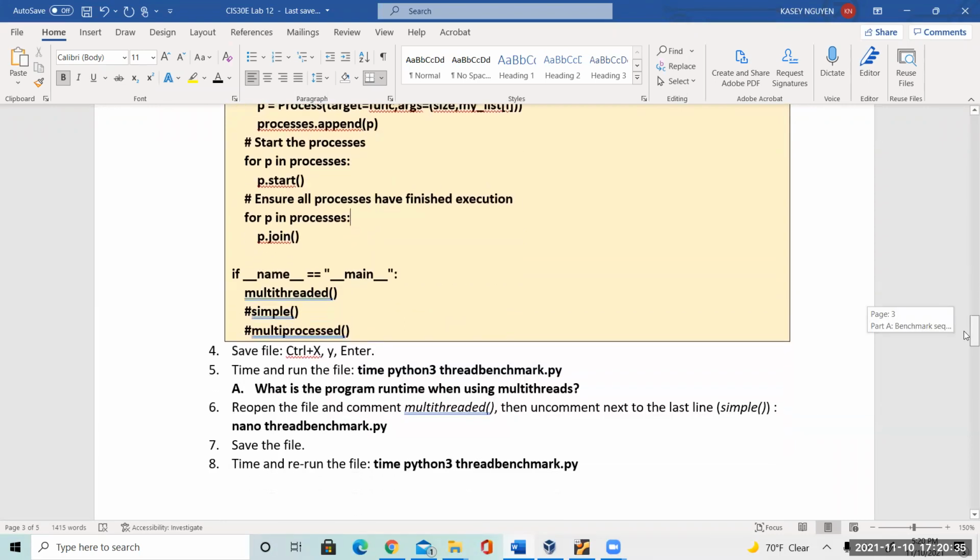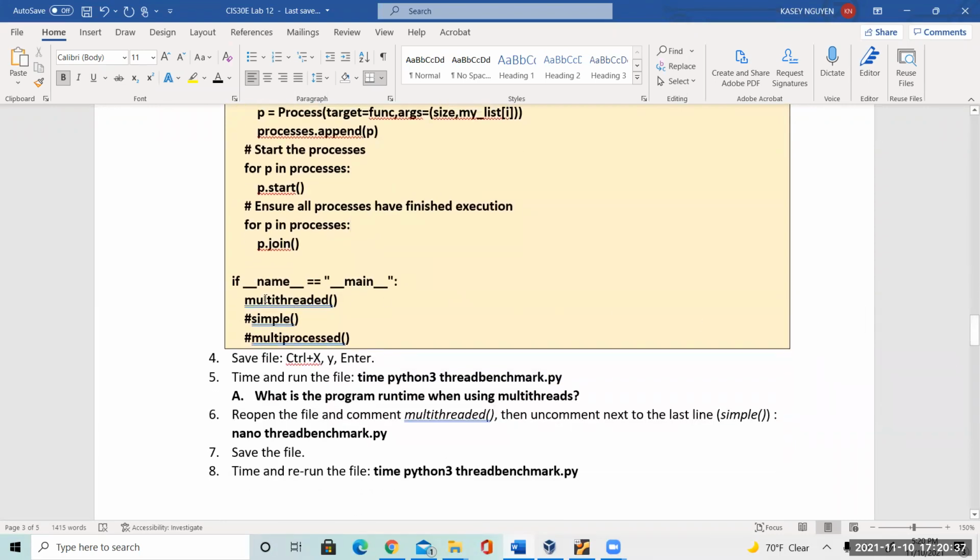Then the last part will be our main. Make sure that we know it's double underscore. So if namespace is main, then we are going to call multi-threaded. So that's going to be first. And we comment out the other two calls because we want to run the timing on it